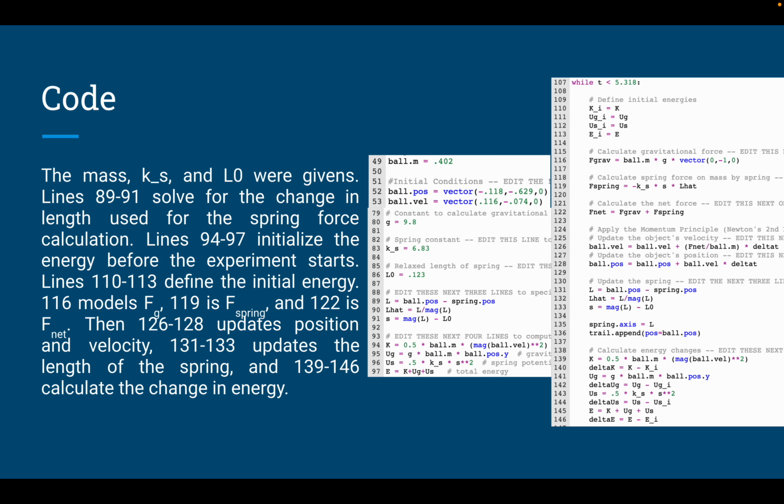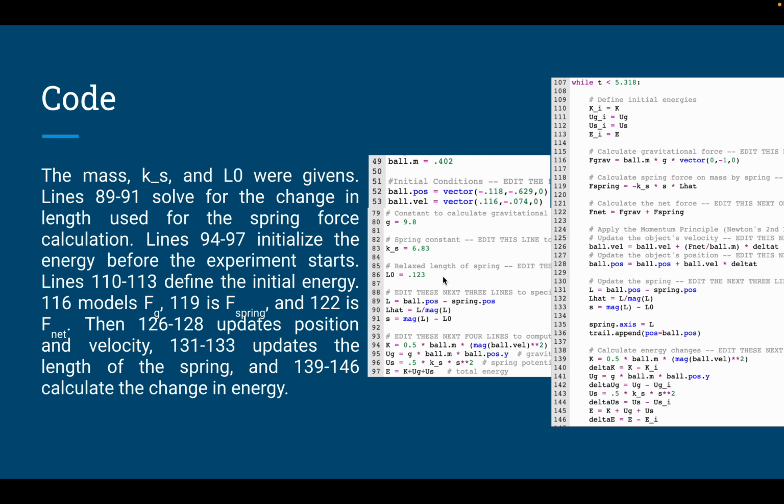So, code. The mass, the spring constant, and the initial length were givens. As we can see here, I have that right here. And then the position vector I got from the first tracked points in Tracker. And then I calculated the velocity vector by taking the velocity of the first 2 points from the data that we collected. And then, of course, we have G, which is a given again, which is the gravitational constant. And then we have Ks is 6.83, and the initial length was 0.123, and both of those were from